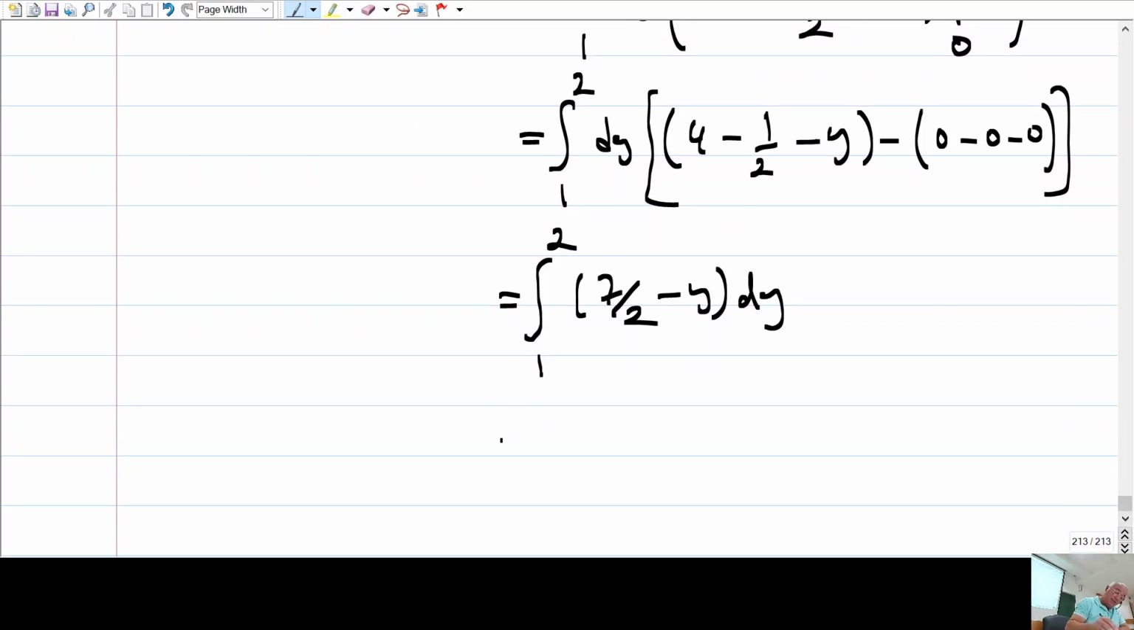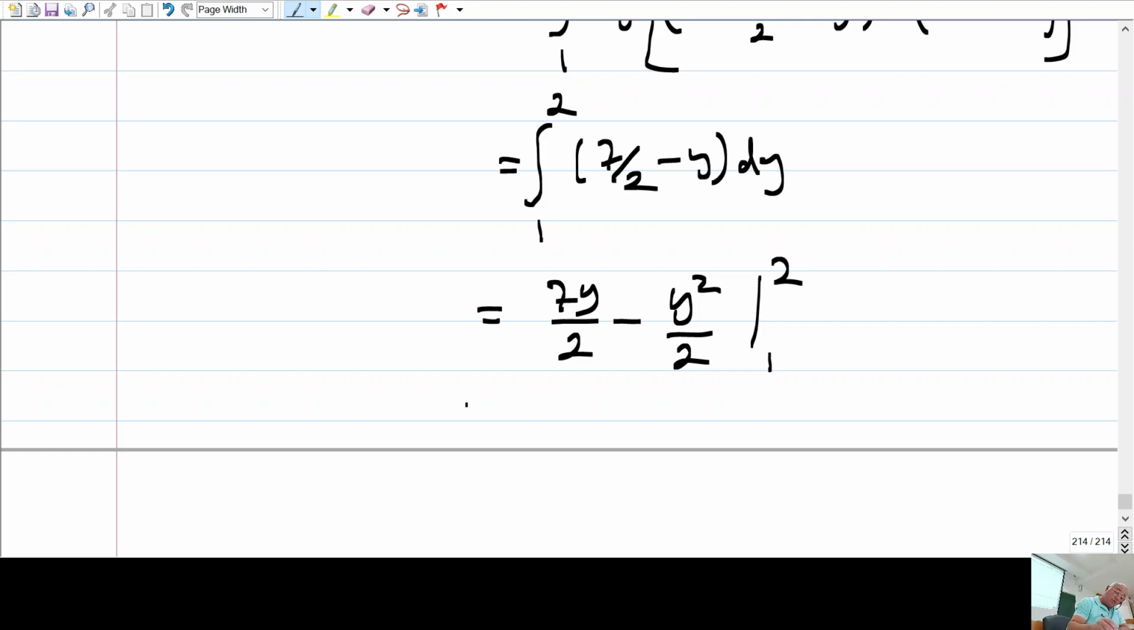I integrate this with respect to y. This is 7y over 2 minus y squared over 2, and integrate from 1 to 2. So when you plug 2, you get